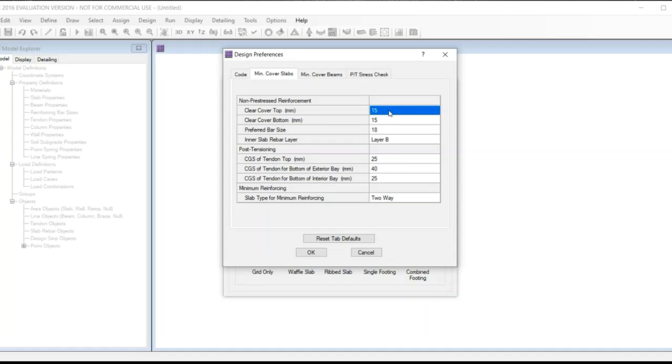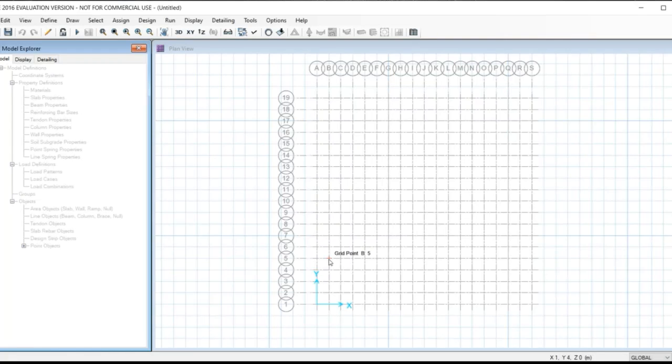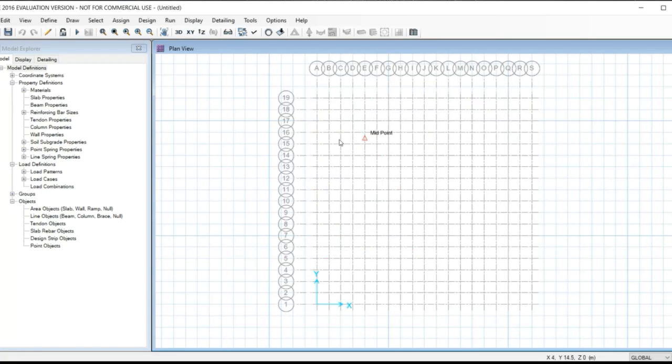Go to the design preference, minimum cover slab, give 50 top and bottom, and choose the bar size 22 mm. Grid, select grid only. Now here the number of grid lines in x and y direction is 19, and the grid spacing take 1 meter in both directions. Then click on OK. Now here you can see the grids.